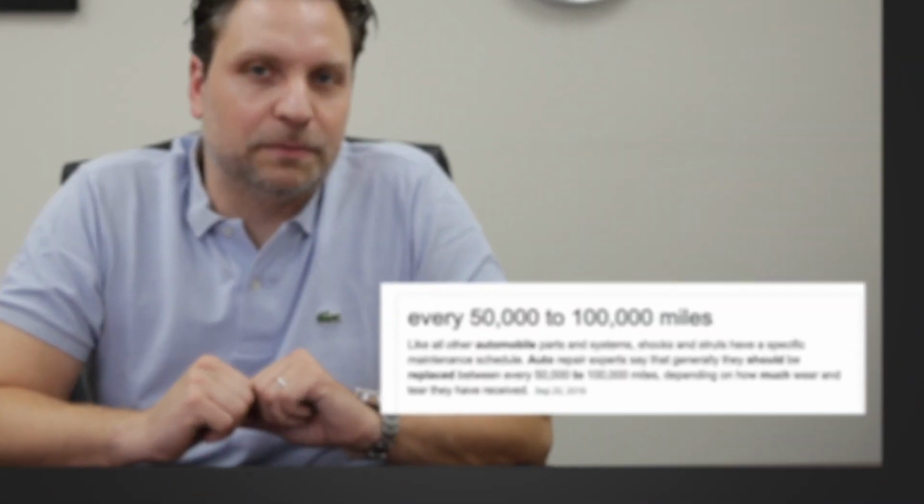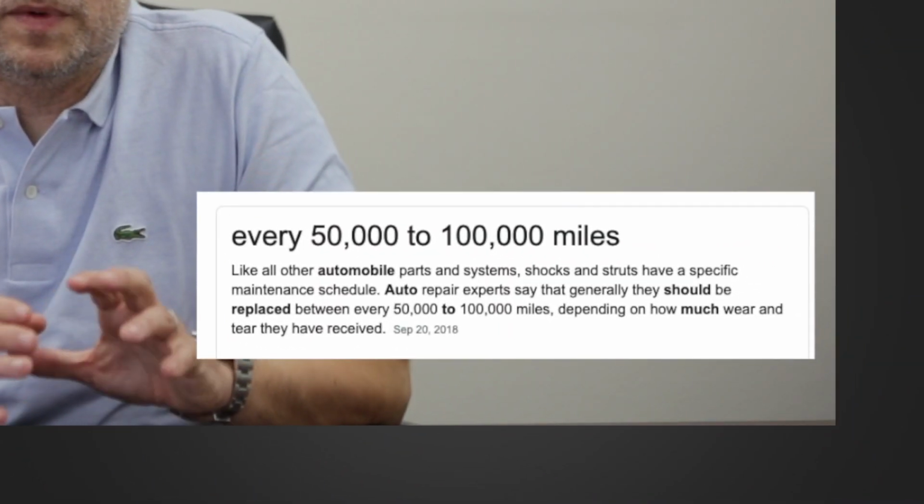which makes it a very affordable option if you need to replace your suspension. Most suspension in your passenger vehicle, depending on the type of driving, the recommended time that I'm aware of is about 80,000 miles. Now, everybody is different. Some people drive really hard,